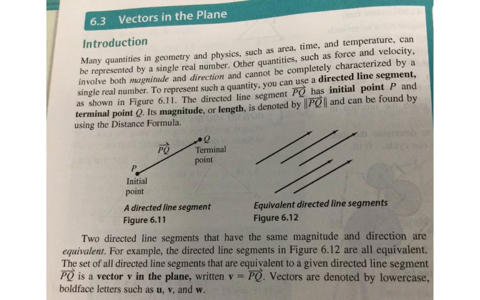Okay, so today we're going to be doing an introduction to vectors in a plane. And so what a vector is, is something that has two-dimensional motion. It has both magnitude and direction. So you can see here they talk about the magnitude, it's just its length, and the direction would be the way that it's pointing. So, for instance, if I told you I was going 70 miles an hour, that's what